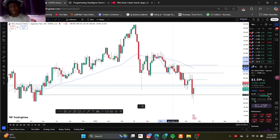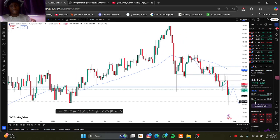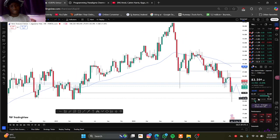moving. Lower high, lower low, lower high, lower low, lower high, lower low, potential lower high. So at this point is where I expect the push to the downside again. Simple as that. Even though we are towards the end of the move,